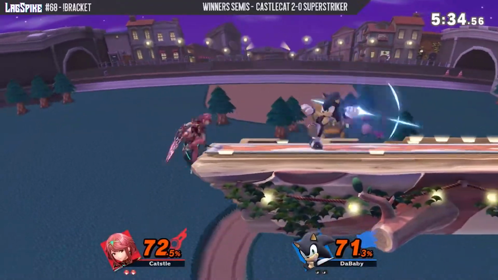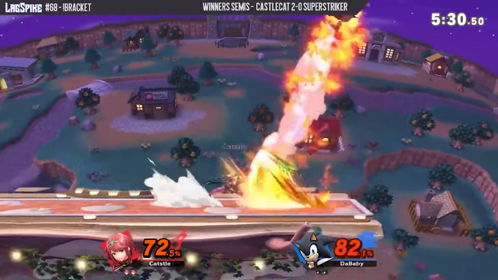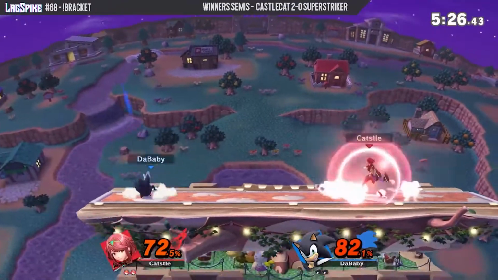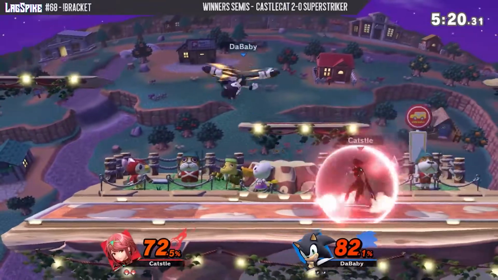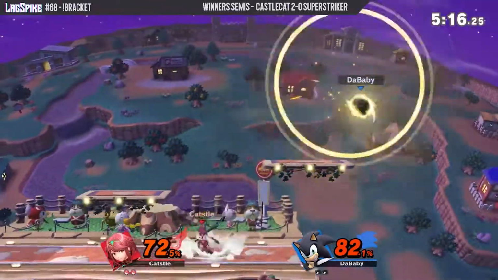But Superstriker is actually still keeping the percentage even in spite of that. Just with a couple of good neutral wins and getting that extra damage in with a few combos. And this is looking pretty even here. Castle is slowing the game down a little bit. Not being as quick to throw out that side B, looking for one of their aerials to connect, try to